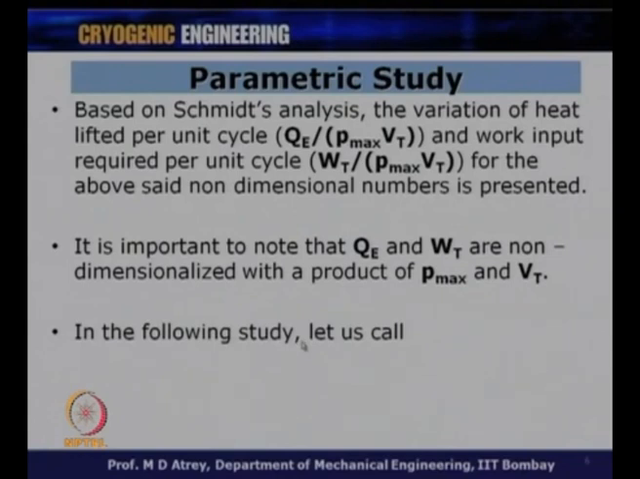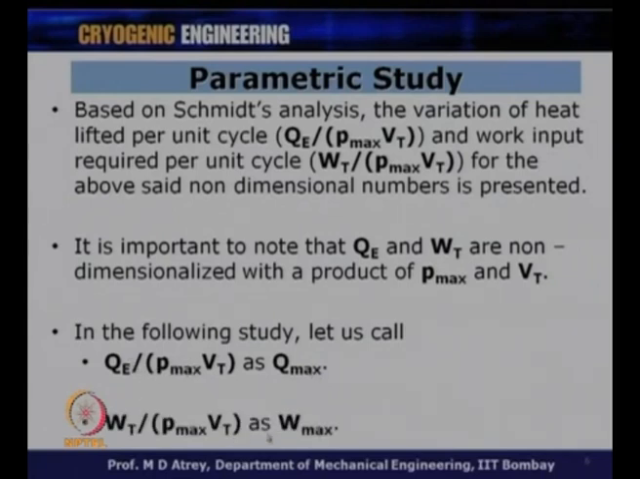In the following study, let us call QE upon P max into Vt as Q max. It is just for simplicity to address these parameters. So, we have Q max, which is nothing but QE upon P max into Vt, and we have W max, which is nothing but Wt upon P max into Vt. I would like to study now the variation of Q max and W max as a function